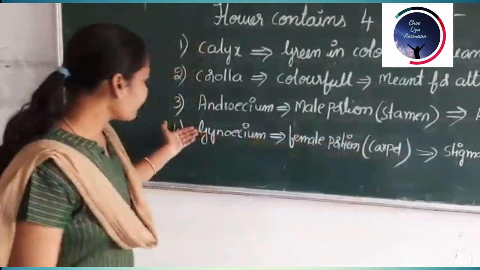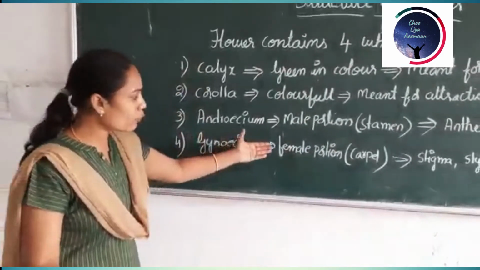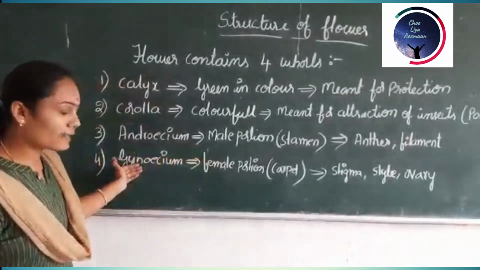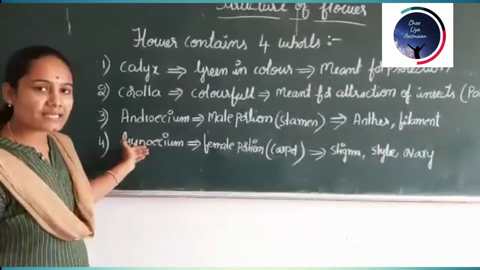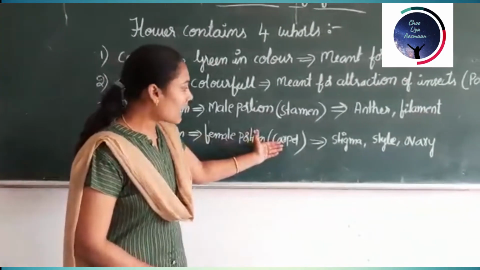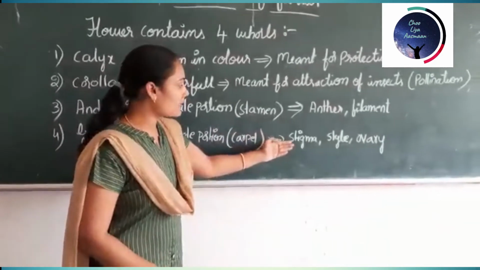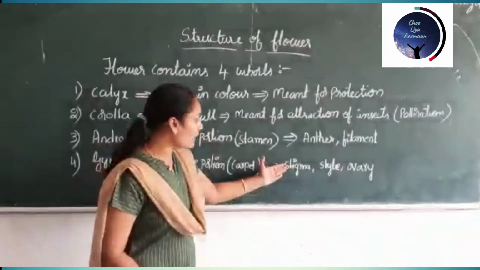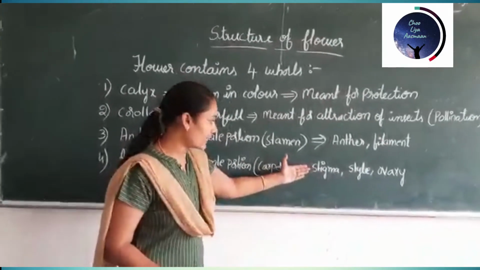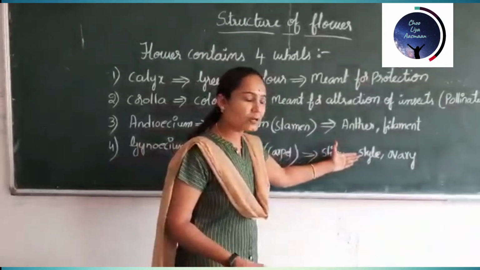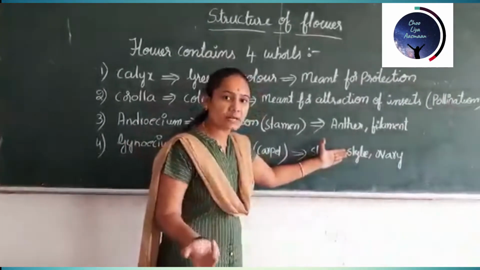And coming to the gynoecium, this is the female portion of a flower, and the sex cells which are present in the gynoecium are called the ovary. This can also be called a carpel. Carpel contains 3 regions, that is stigma, style and ovary. Stigma is meant for receiving the pollen grains,